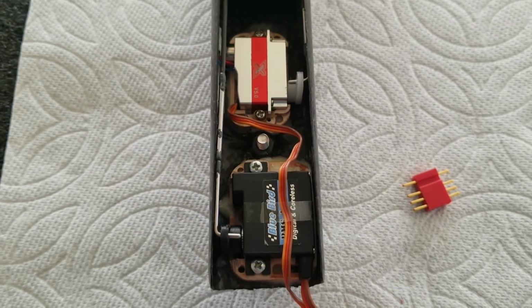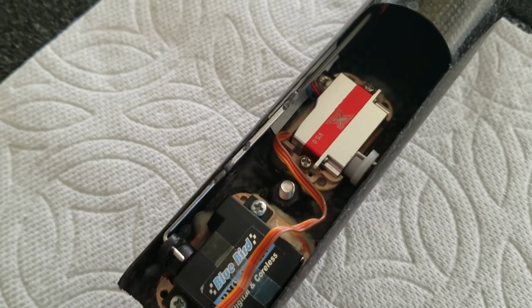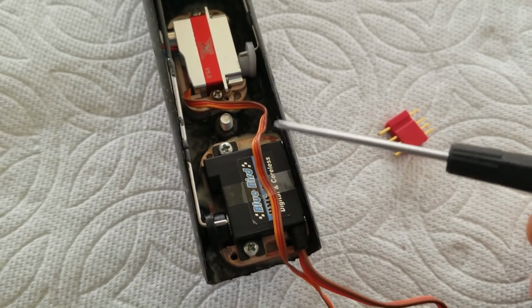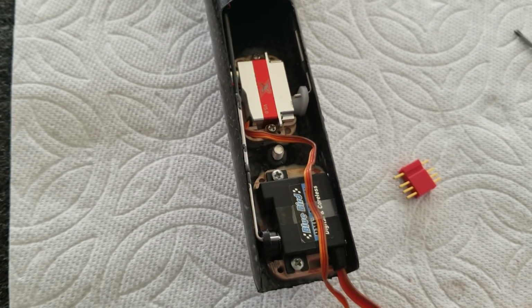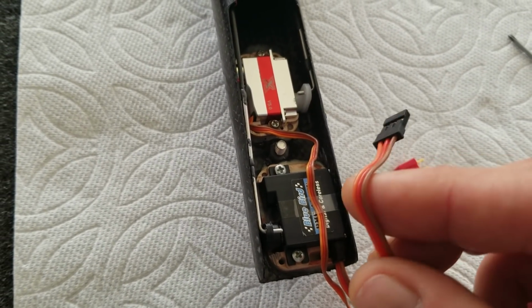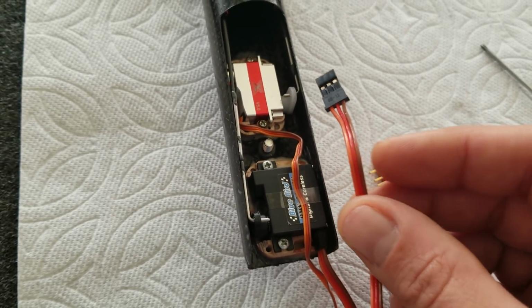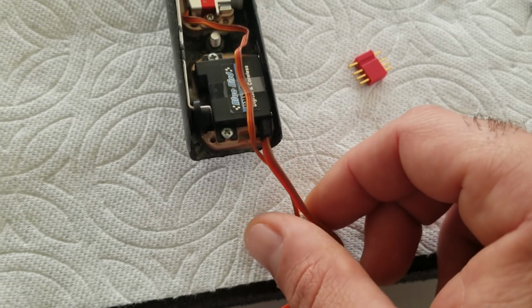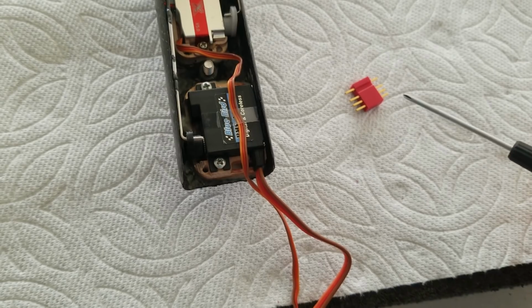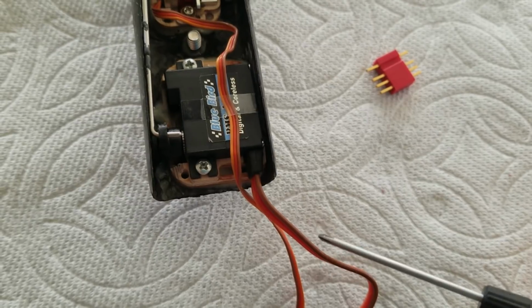Okay, so everything is hooked up now and the servos are permanently installed. I have all my L-bends done up and the JB Weld is fully cured. I've used a little bit of tape here to secure this wire to the top of this servo. And then we have our leads. Now you can just use some extensions off your receiver and plug these directly into some female ends. But what I'm going to do is cut these leads down short a little bit, try to save some weight on some wire, and I'm going to use a 4-pin Dean's connector. So I'll solder that Dean's connector up to this,